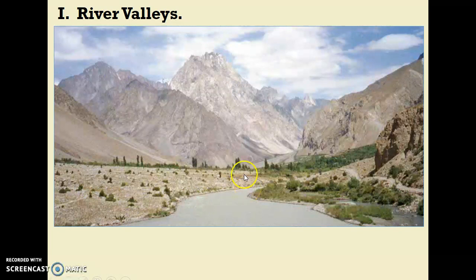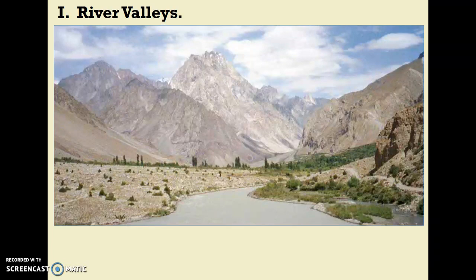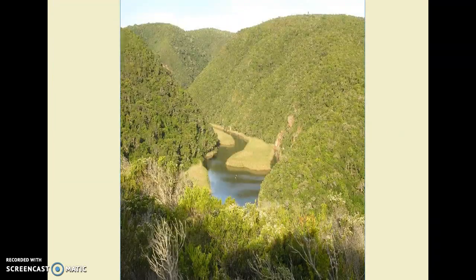River valleys. The important thing to remember about river valleys is they provided rich soils for agriculture. Water was vital to irrigation, growing crops, sustaining civilization. And these were often located in places that could offer protection from nomadic invaders. A river valley usually has mountains on the sides, and sometimes those mountains are very difficult to pass through or to bring an invading army into to take over your territory, as you can see here.